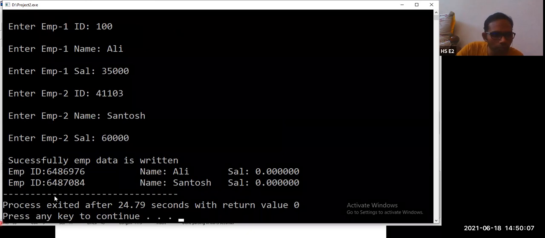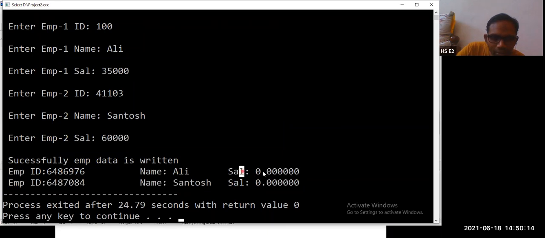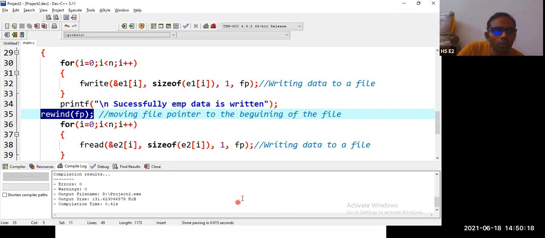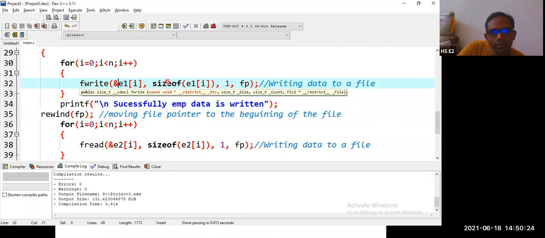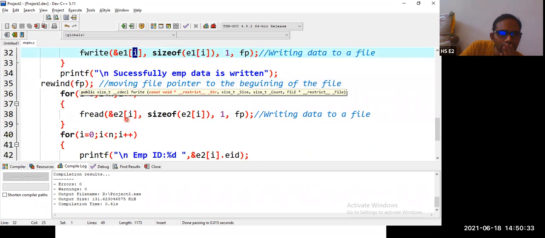So now also the same thing: employee ID and employee names are getting correct. Why are we not getting salaries? That's my issue. If we write E1 of i, it is an address, size of E1 of i, comma 1, comma fp. E1 of 0, yes, it is right.